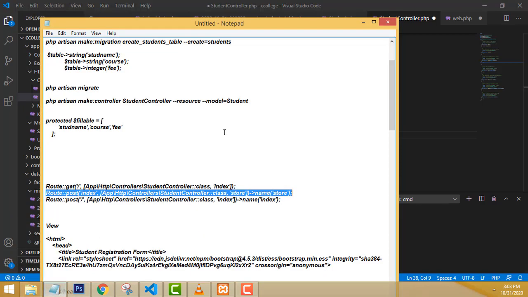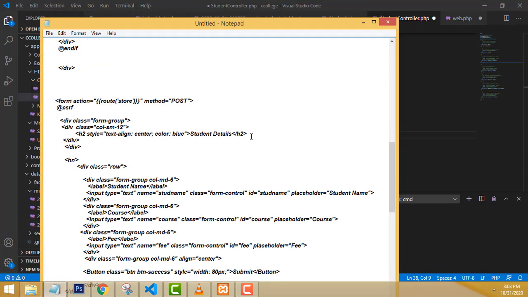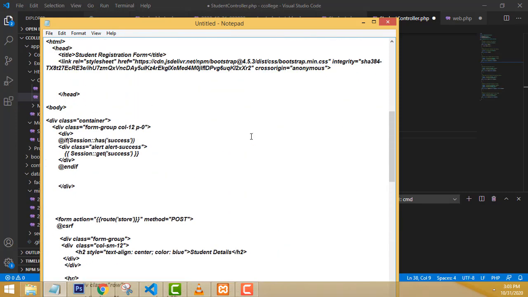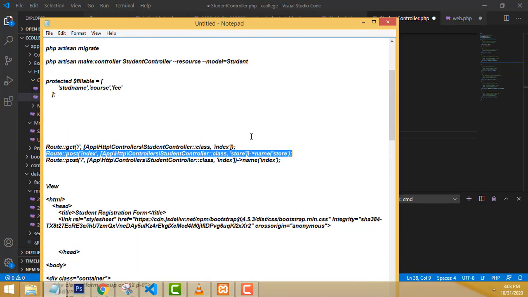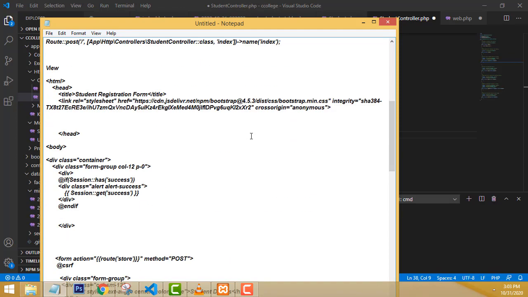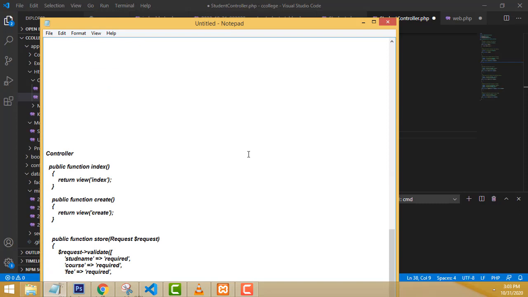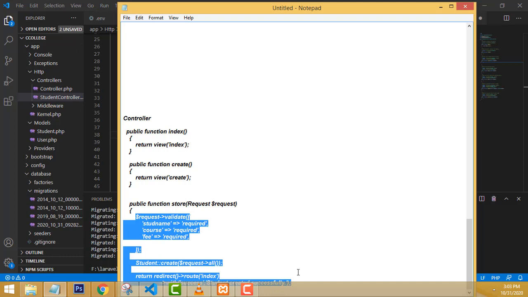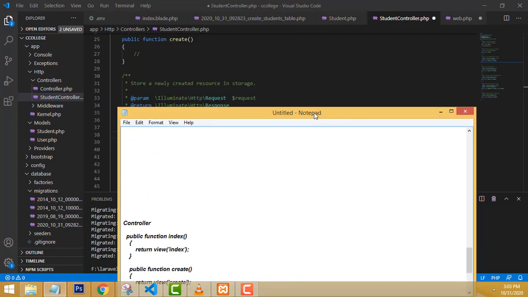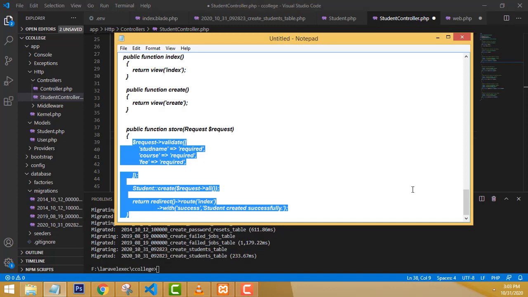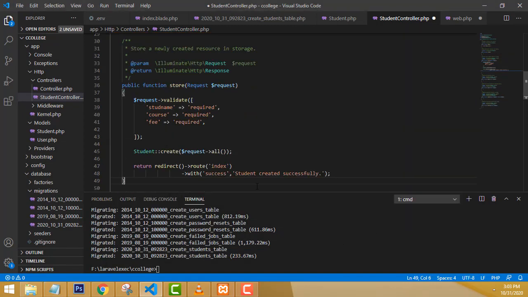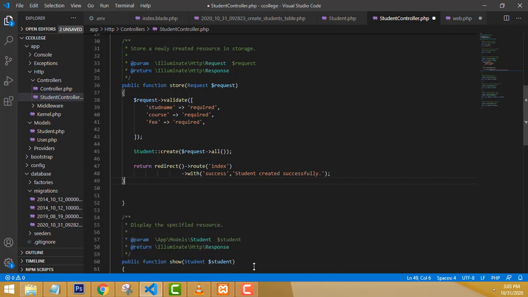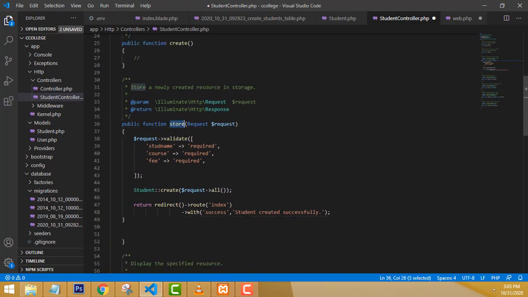I have already written the code here. Right, here we have already written the code, very simple code. Control C to copy, I will explain it. Inside the store method I have pasted it. Very simple code we have written. Okay, it's very simple. This is a store method. Inside the store method, it is created by default. Inside here we have to put the simple code to insert the record into the database.